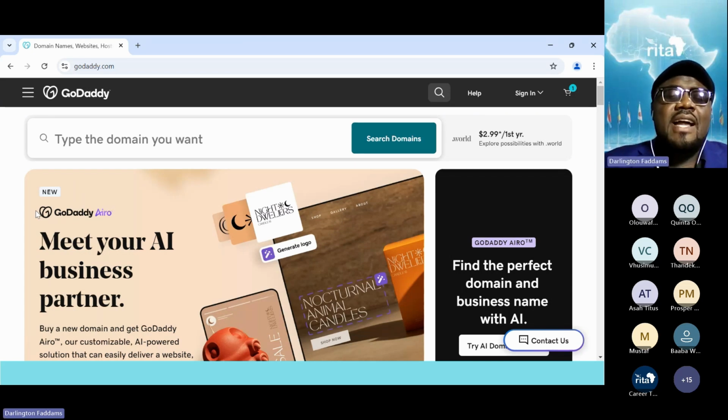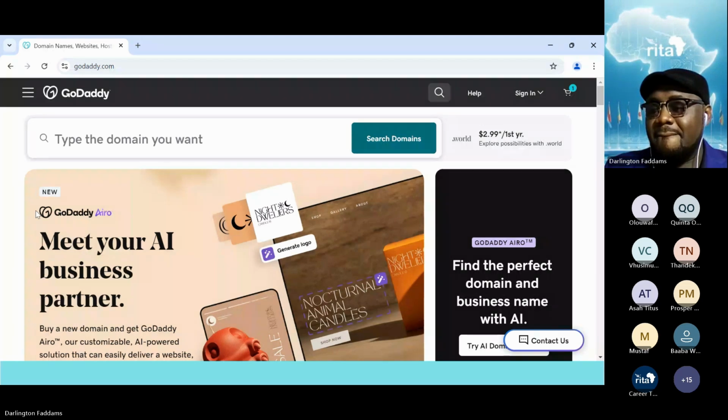For example, you can never dream of registering facebook.com. Is it possible to go and register facebook.com? It doesn't matter whether Facebook is a big or small company. Is it possible to register facebook.com? Who can tell me in the chat? Is it possible? I don't know if you can hear me.